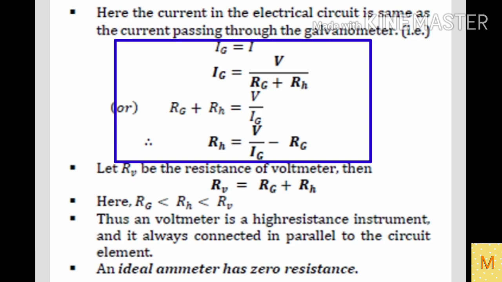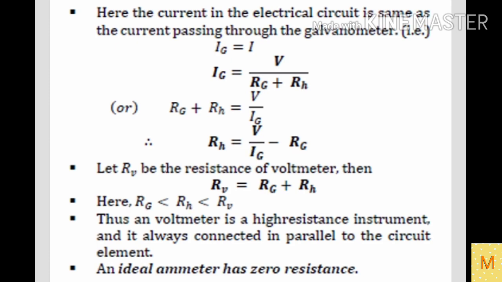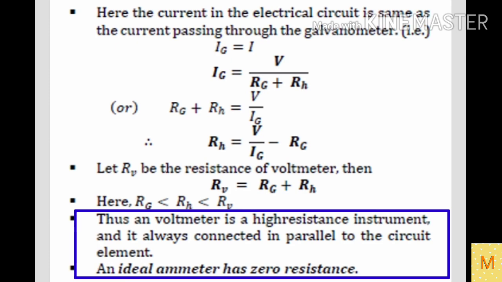Here Rv be the resistance of the voltmeter. Then Rv can be written as Rg plus Rh, since the resistances are connected in series. Hence we can say that Rv is greater than Rh is greater than Rg. Thus a voltmeter is a high resistance instrument and it is always connected in parallel to the circuit element. An ideal